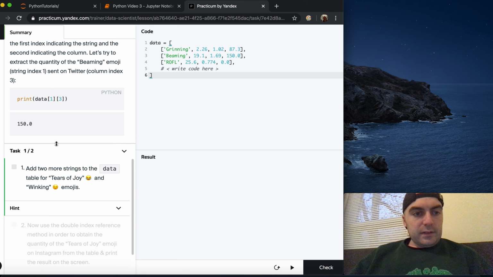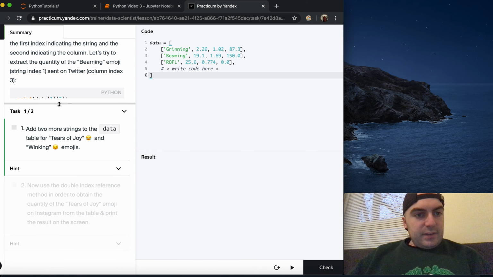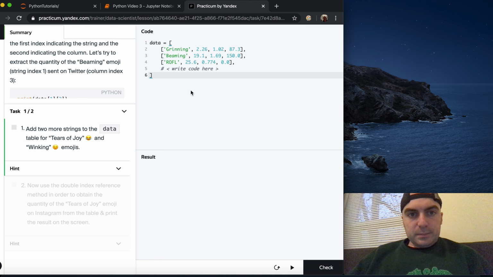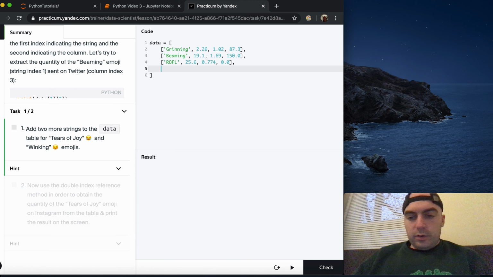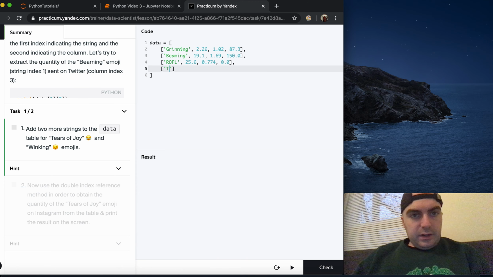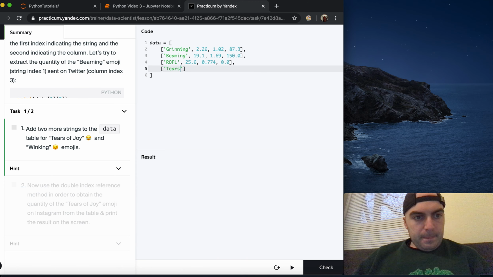Okay, so let's look at the task here. Add 2 more strings to the data table for tears of joy and winking emojis. Okay, so they want us to write code here. We're going to do tears of joy. Oh, tears of joy, lol. Tears of joy, comma. And if we look at the table,